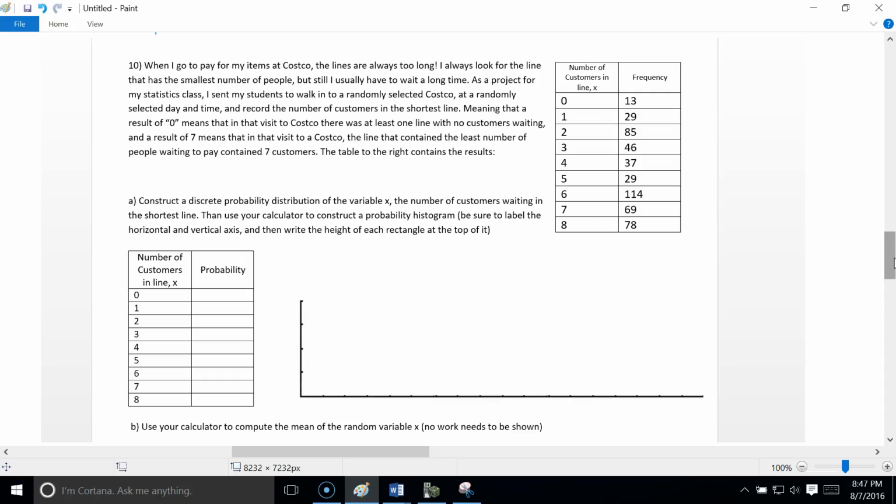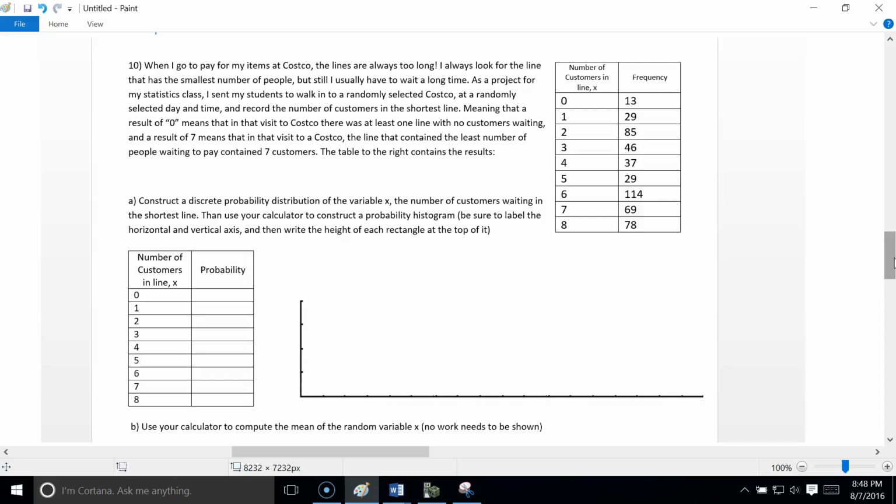Okay, number 10. When I go to pay for my items at Costco, the lines are always way too long. I always look for the line that has the smallest number of people, but still, I usually have to wait a long time. As a project for my statistics class, I sent my students to walk into a randomly selected Costco at a randomly selected day and time and record the number of customers in the shortest line, meaning that